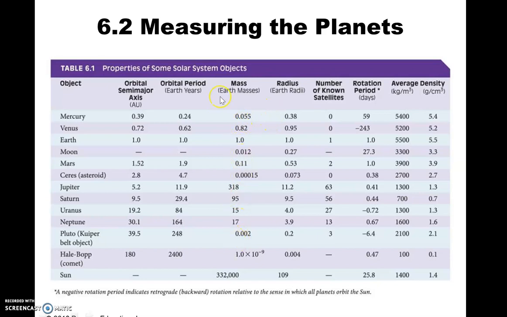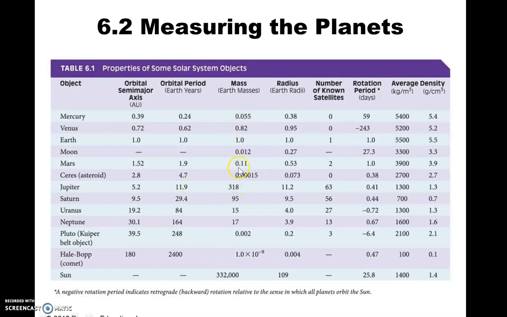And notice, again, what we do is we use what we know best and we compare it. For example, these are all the periods of the orbits of the planets compared to the Earth, right? So, for example, 1 Earth year would be exactly 1, and then 1 year on Venus would be 0.62 Earth years. Mercury would be 0.24. Mars is just under 2 Earth years. All right. Jupiter, it takes almost 12 years to orbit the Sun.